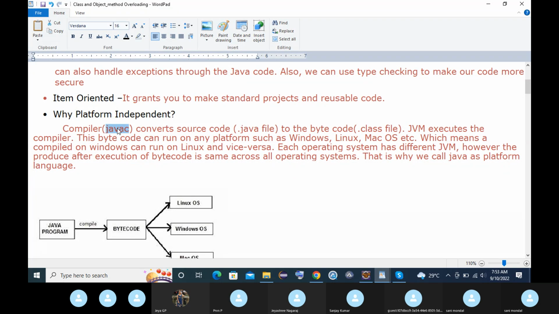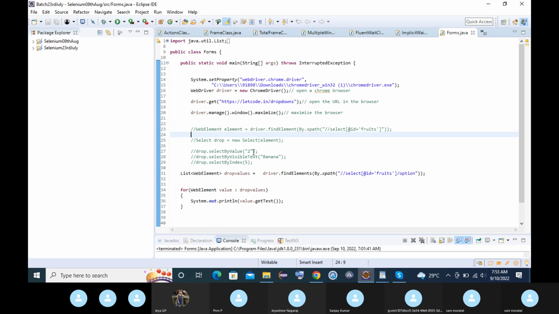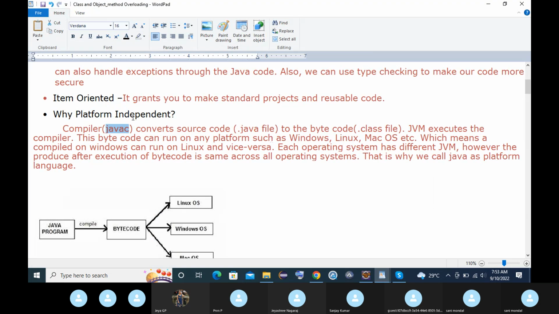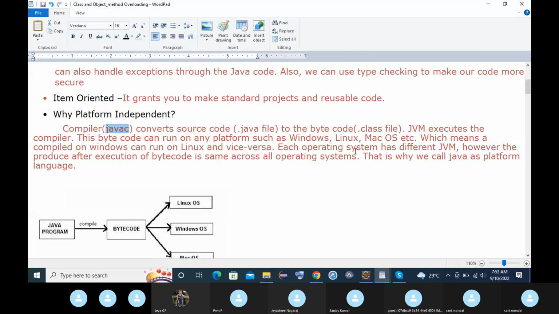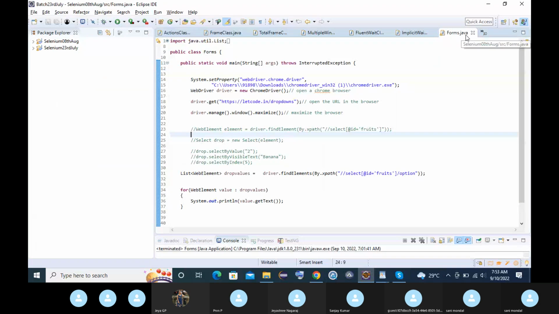So what it does, if I open my Eclipse, let's suppose this is a program I have written and the name is forms.java. If you see the extension .java, whenever you write any program, that gets saved with the .java extension. Now what will the compiler do? It will convert your source code, the program that you have written, this .java file,